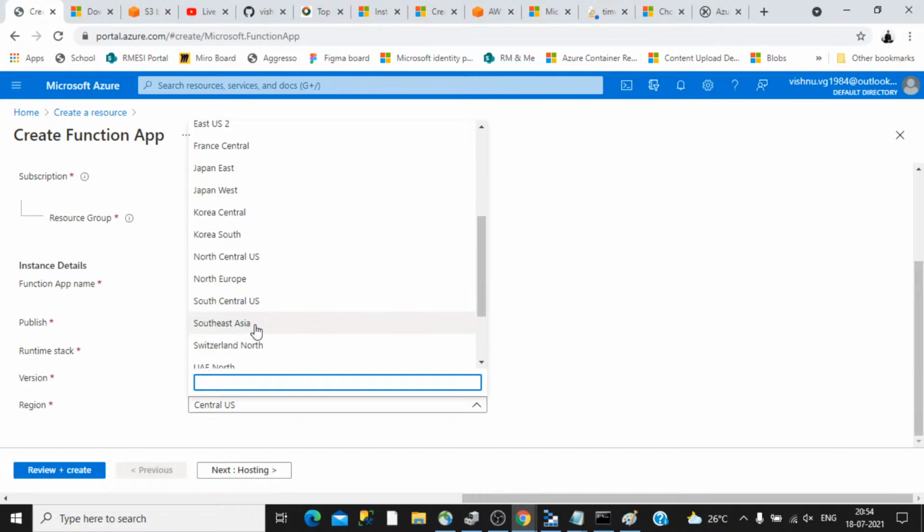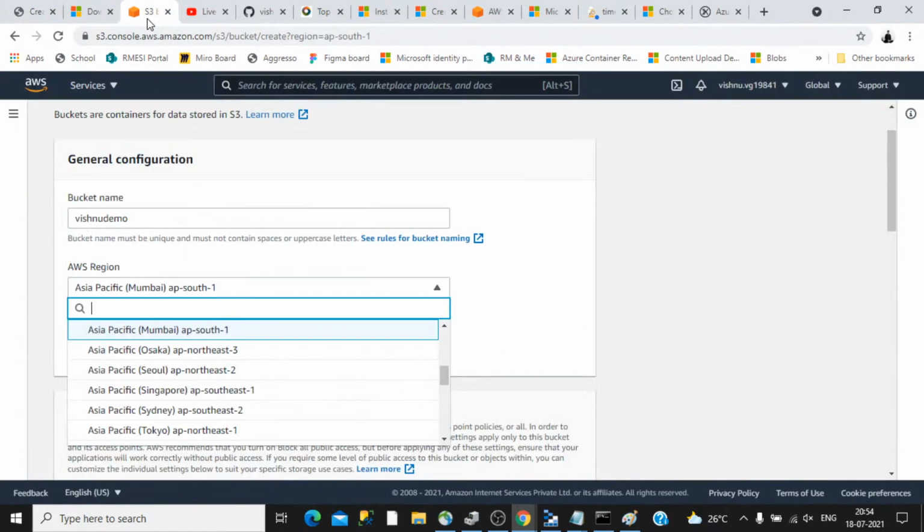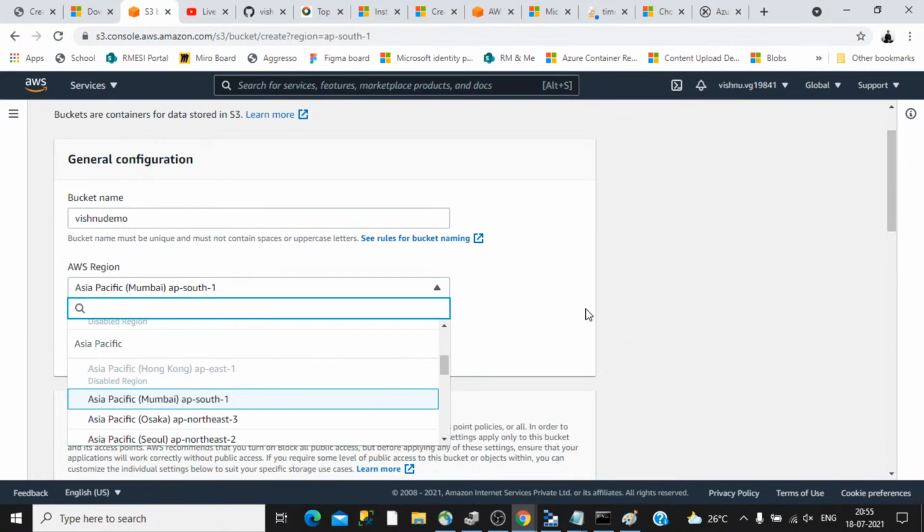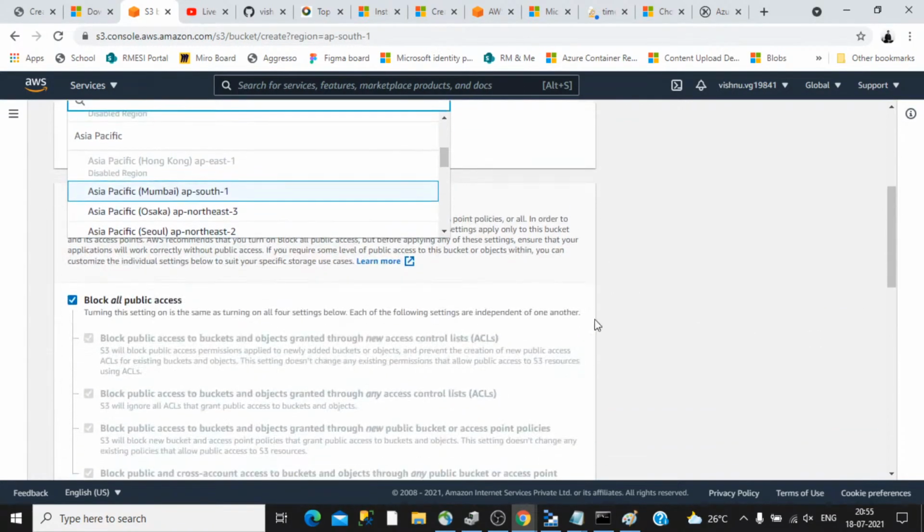We are not sure where this Southeast Asia means. It can be in different cities. So that's another insight we get from here. But this is not any worthy information, because we can't do anything by knowing those particular cities, because we don't have any direct access to those data centers with this kind of information. But still, that's the difference you can notice. Just for that point I mentioned it here.